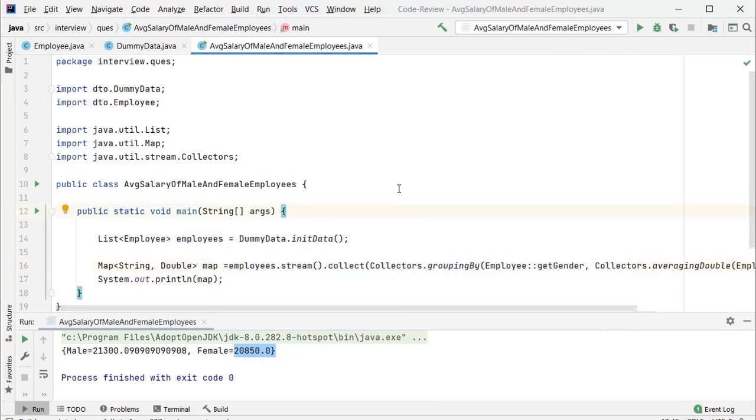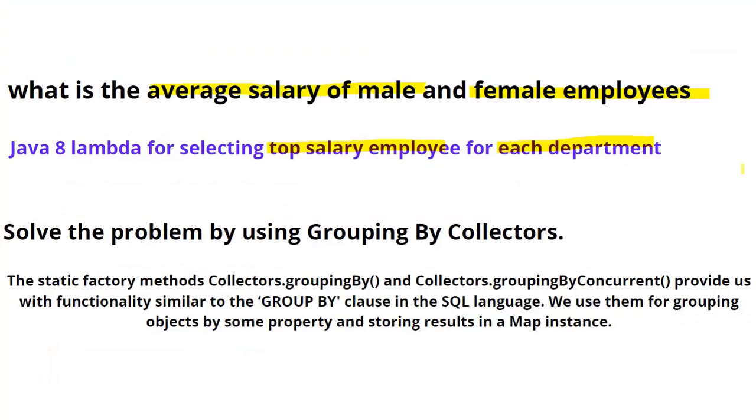Now we will move on to the second problem. Find out the top salary employees from each department.